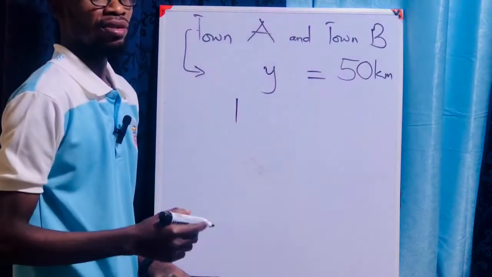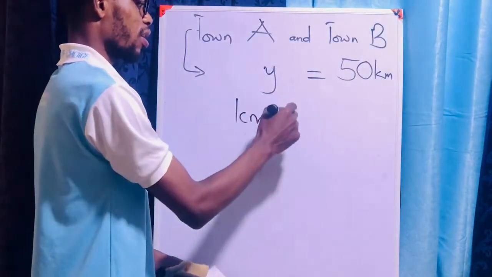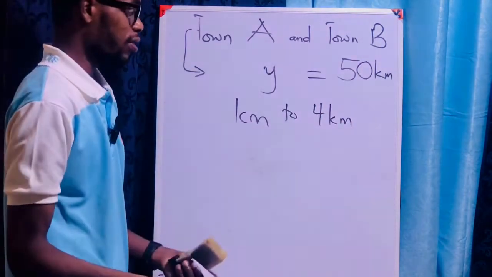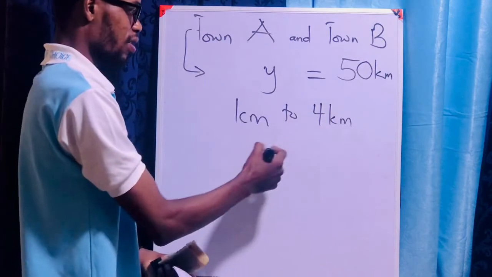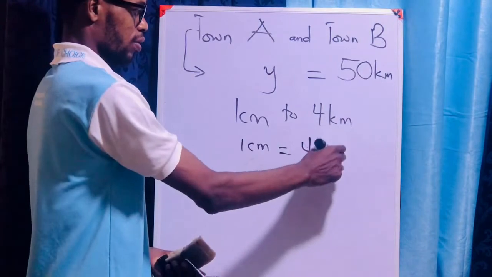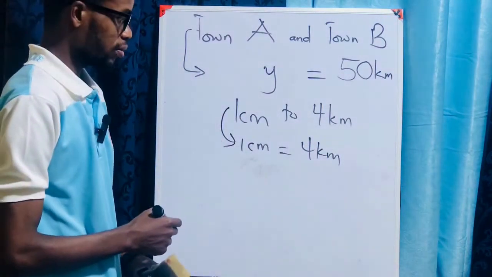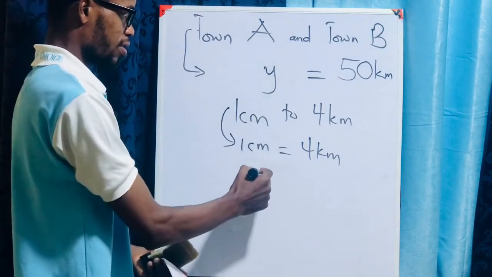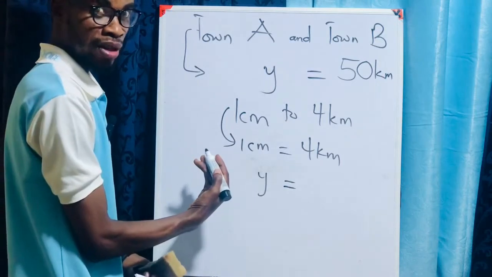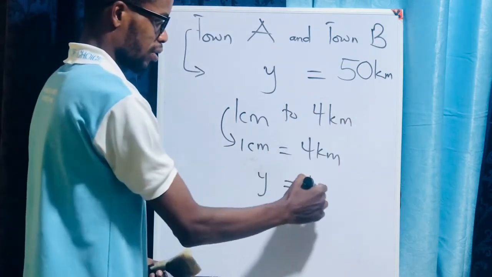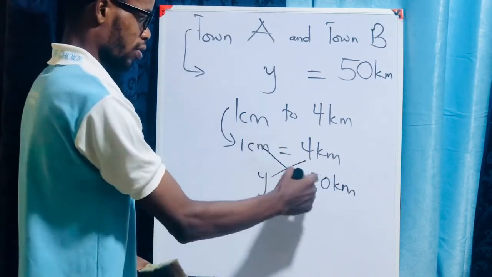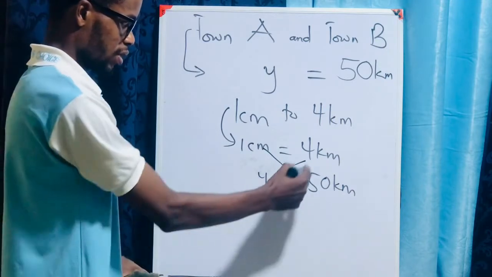We are still maintaining the scale given by the question: 1 centimeter to 4 kilometers, which is very simple. It's the same as 1 centimeter is equal to 4 kilometers. That's what it means. So I write my y, that is, I group all the map distance at one side, and then the actual distance, 50 kilometers. You still do your cross multiplication, which gives me